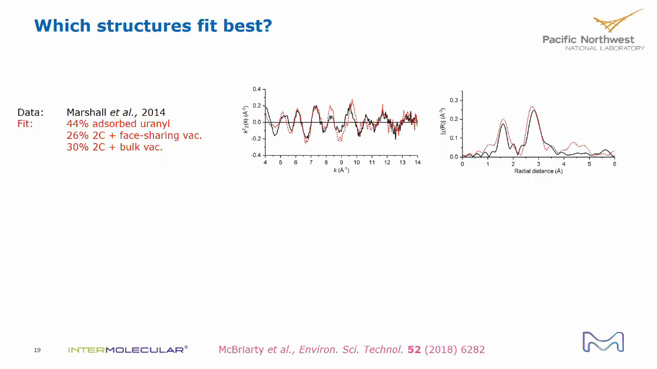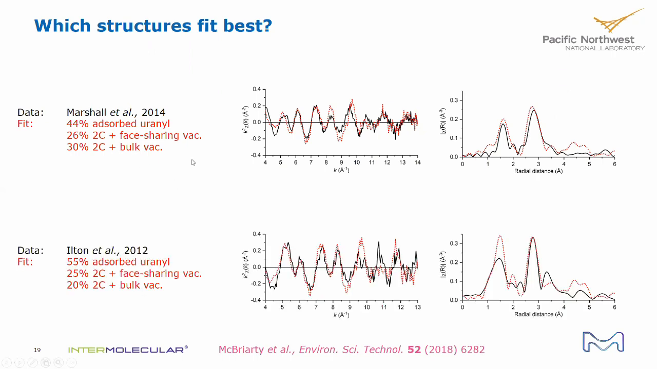If we fit the Marshall et al. data, then we can get about 44% adsorbed uranyl. And then the rest of it is in 2 different 2C configurations. We have some phase sharing vacancies. We have some bulk vacancies. So it looks like there's potentially a zoo of different vacancy structures that are surrounding the uranium